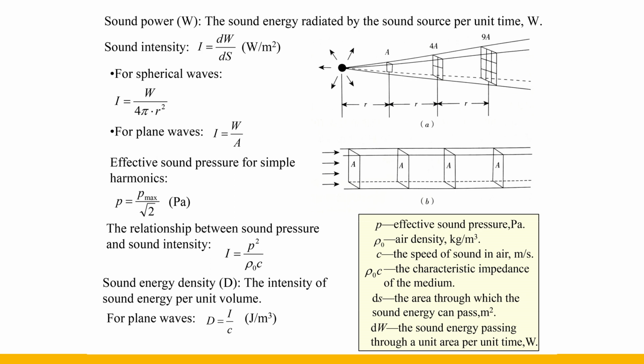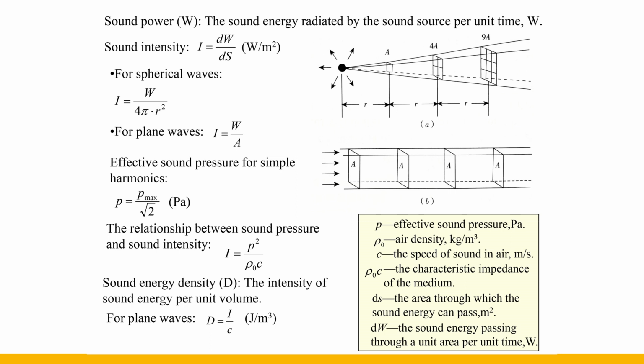Sound pressure refers to the change of the pressure in the medium when there is sound wave propagation in the medium, relative to the static pressure of the medium when there is no sound wave. Therefore, the unit of sound pressure is the same as that of pressure, both Pascal. Since the sound pressure varies with time, the root mean square of the instantaneous sound pressure within a certain period of time is used as the effective sound pressure, and usually the sound pressure refers to the effective sound pressure. The effective sound pressure of simple harmonics is equal to the maximum instantaneous sound pressure divided by the square root